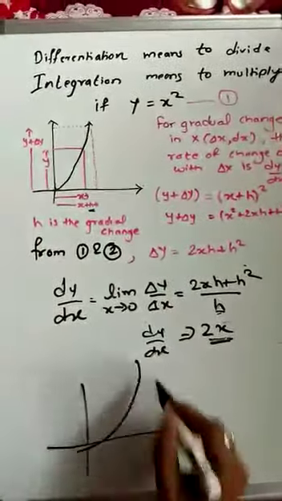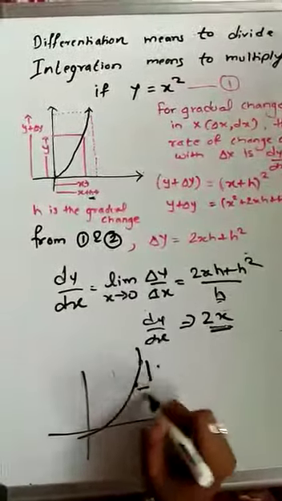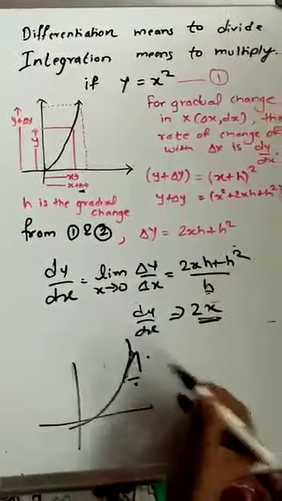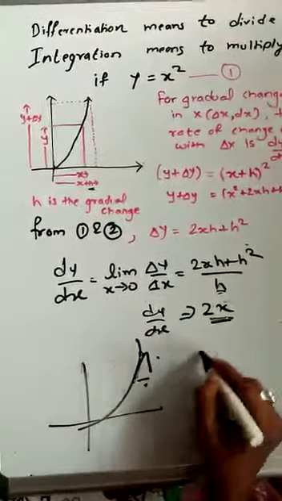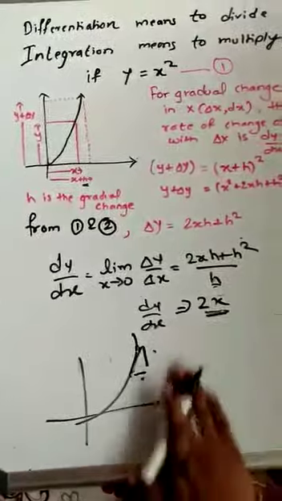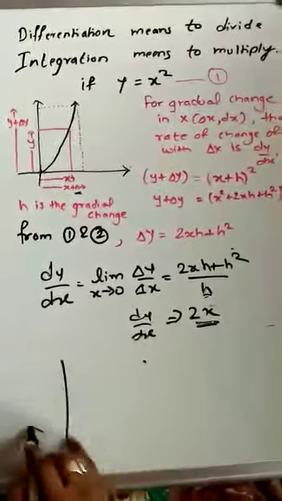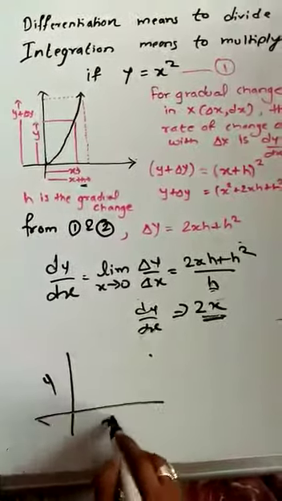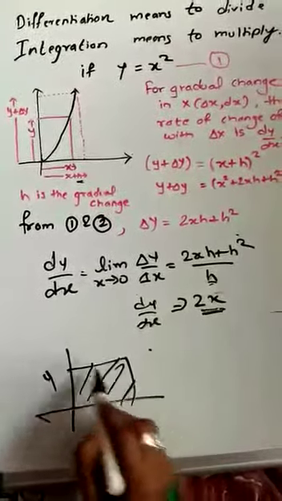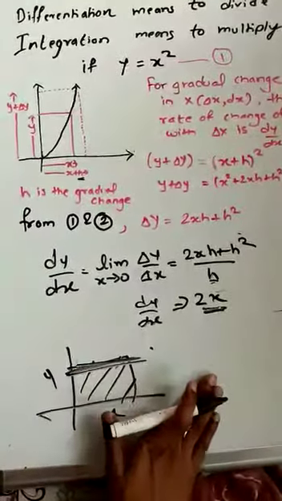If we take a ratio of the y quantity with respect to the x quantity, that is this division, this triangle, we call it the slope. If the slope is high, that means the value of y with respect to x is high. That is what we call finding the slope. Similarly, integration is the reverse process. Reverse process means we have to multiply. So y multiplied by x should give you the area beneath the curve.